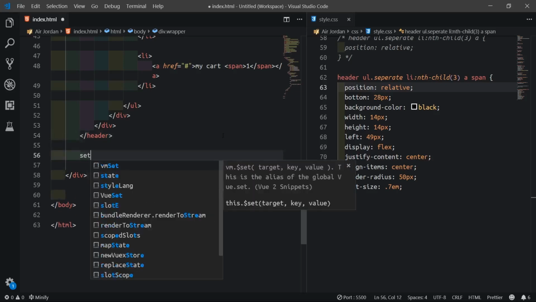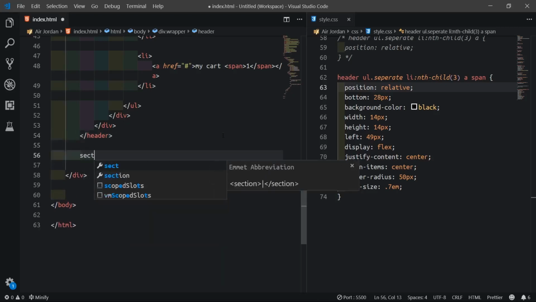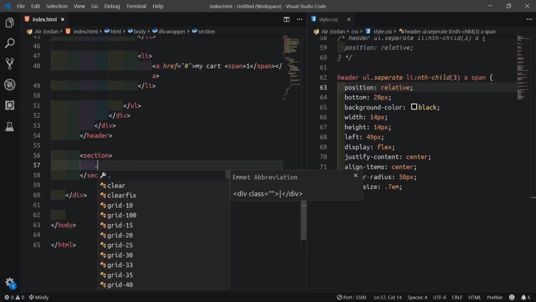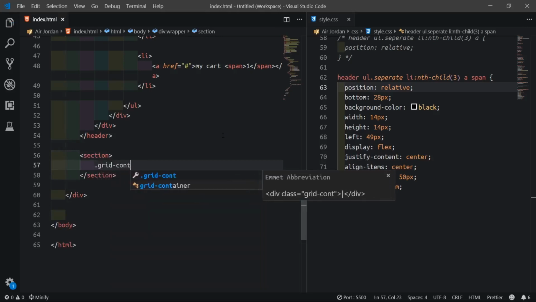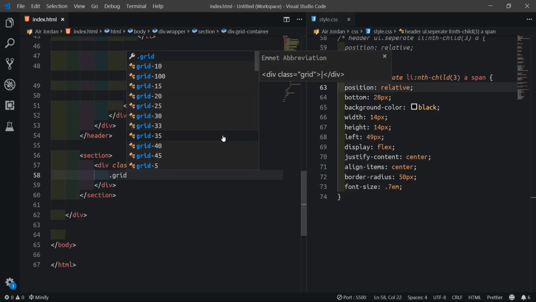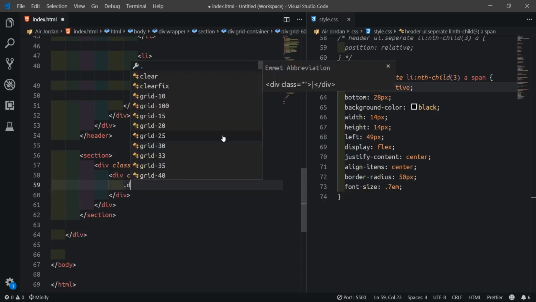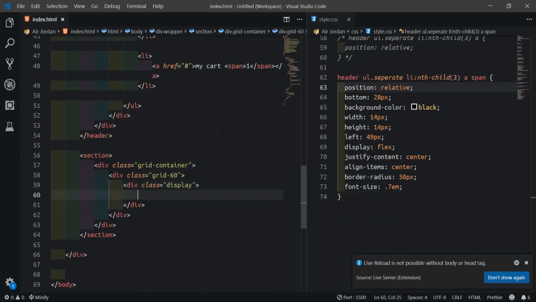Just after this header now, I'll create a section. This section will get a grid container. Then inside this grid container, I'll just say .grid 60, and inside the grid 60 now, I'll say display. So now this display will get